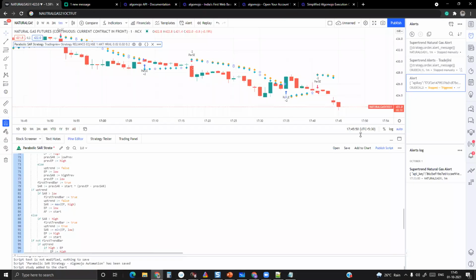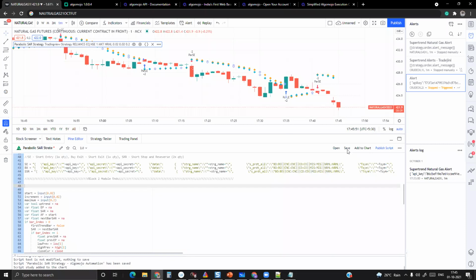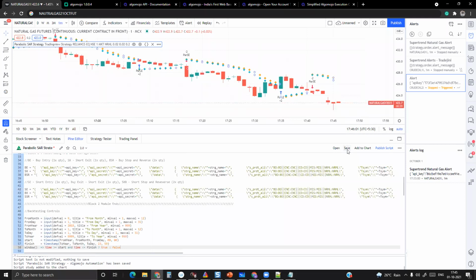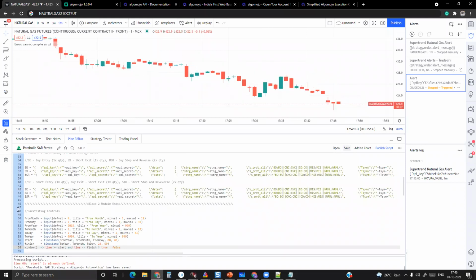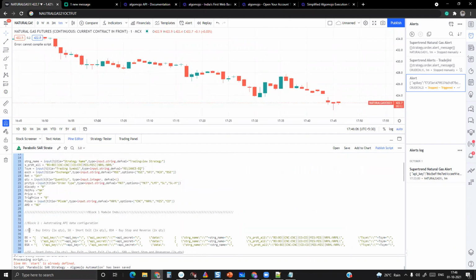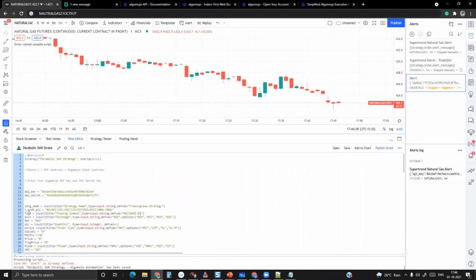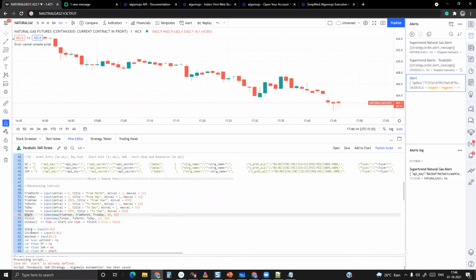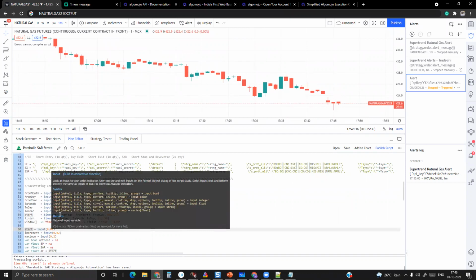I'll add it and save it. Nothing much you have to change; you can save it as it is. It says start is already defined. Line number 60, start is already defined. They are using start here also, here also. So I'll change the variable here. I'll say I start, and here also I'll say I start.